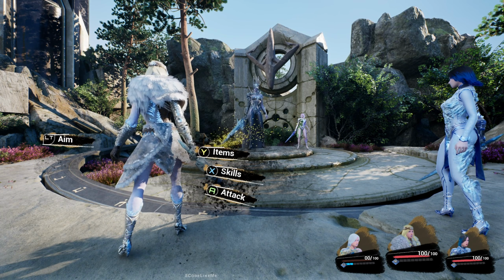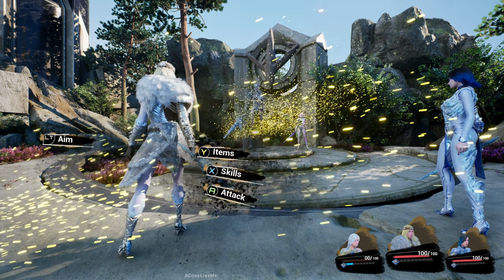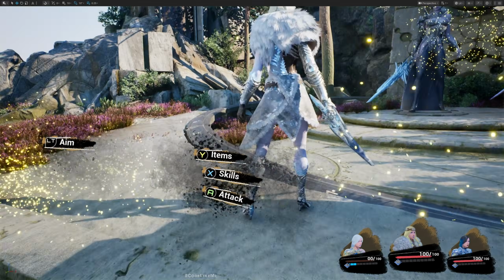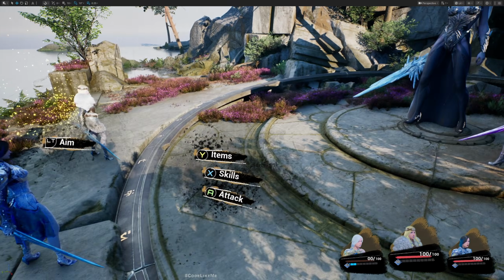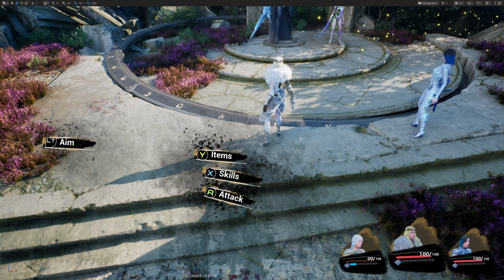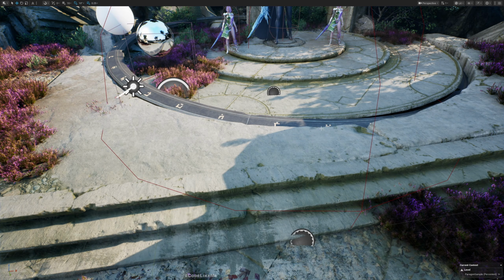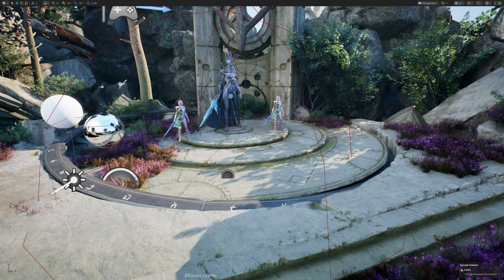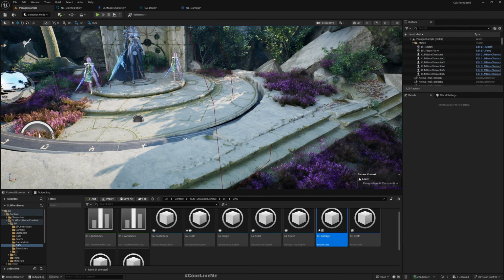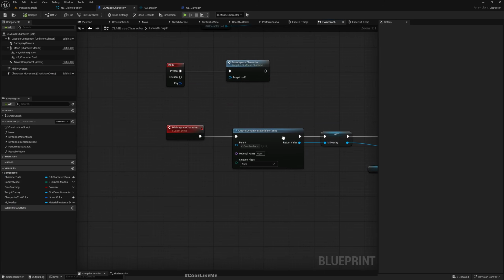The other character got disintegrated, but we don't see that. What's happening here? Oh, both characters died. Okay, that's what happened. So yeah, the disintegration does happen, but if you want to see it clearly, here let's go to the place where we